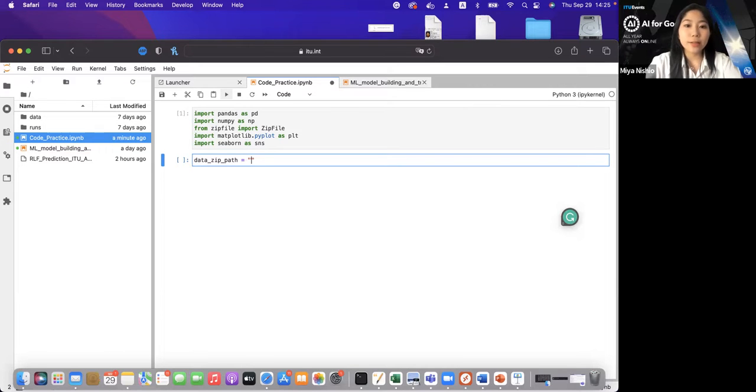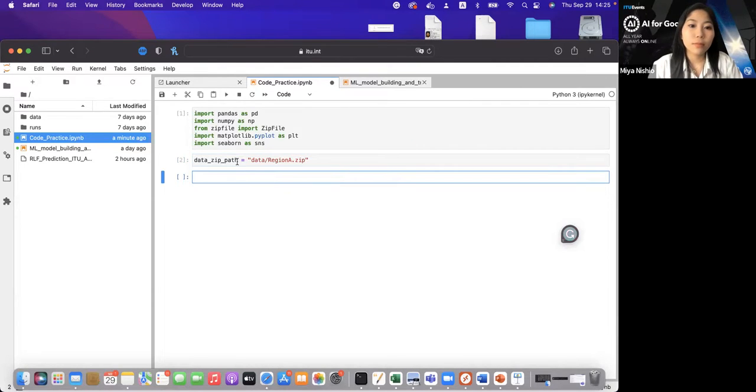So for myself, it's in a file called data, and the file we want to access is region a.zip. And then we're going to type in the code that is going to directly open it. This one I will also leave in the chat. Or you can again directly copy and paste it from the original file.